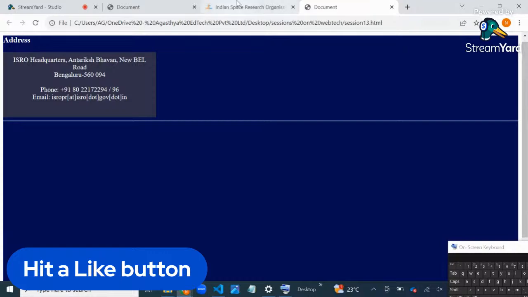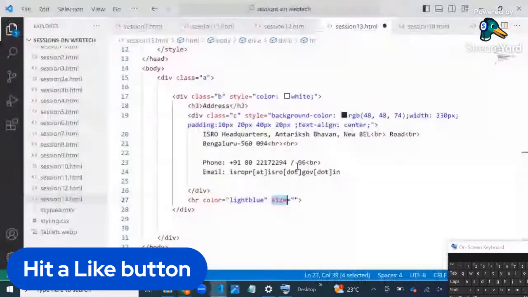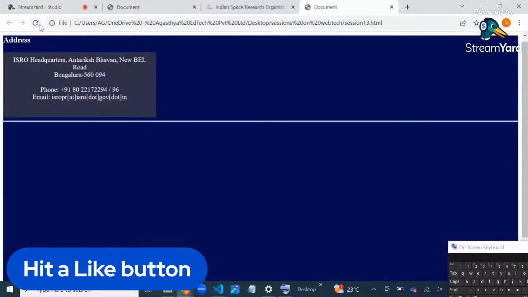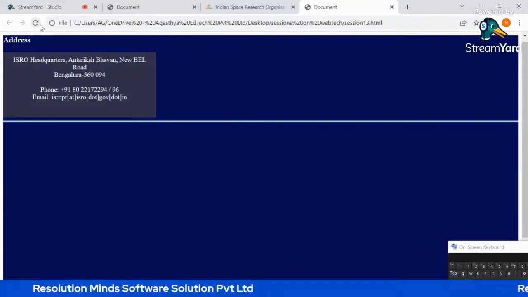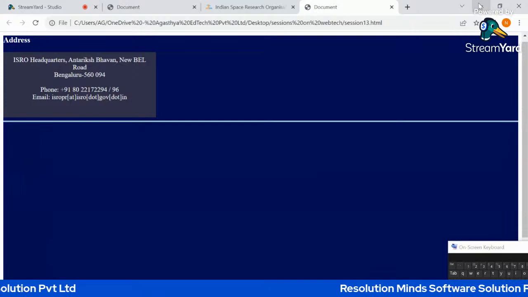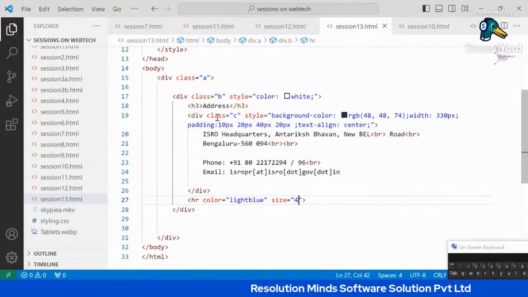It is looking like this. I need this much thickness. Let me refresh. Okay, and now we will set the width. What should be the width there? Normally the width should be,